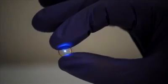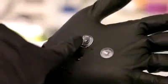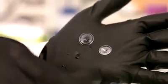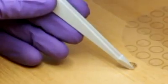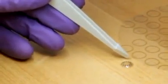This small blinking LED light, set in the center of a contact lens, may just be the beginning of a new way of looking at the world. It is one of the first examples of the smart lens, a new breed of contact lenses that can do much more than just improve vision. Some researchers and companies around the world are developing this technology, adding useful gadgets onto what was once simply an